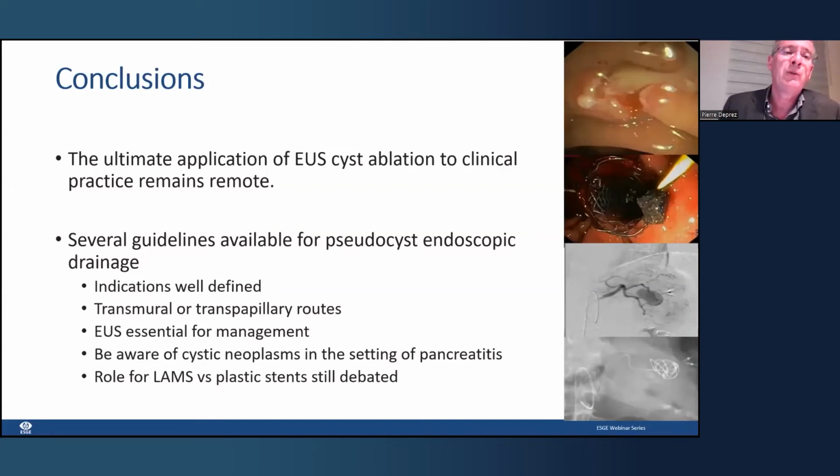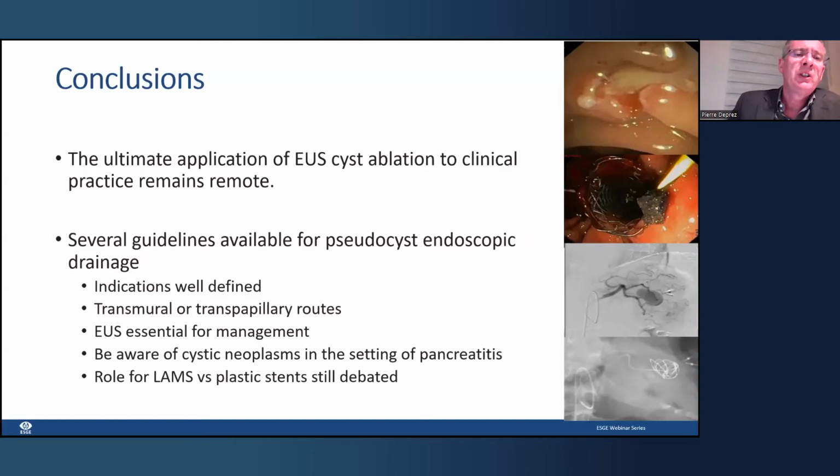EUS cyst ablation with radiofrequency, ethanol, or chemo agents should not be used in clinical practice. And maybe we will see that in the future, but we need more studies about the safety and also to have precise indications for this, because in some of these studies, the cysts were of indeterminate diagnosis before they were ablated. So of course, if you ablate a completely benign cyst, the remission will be better than if you do it in a large mucinous lesion or IPMN with multilocular